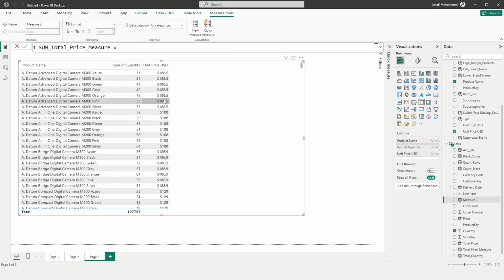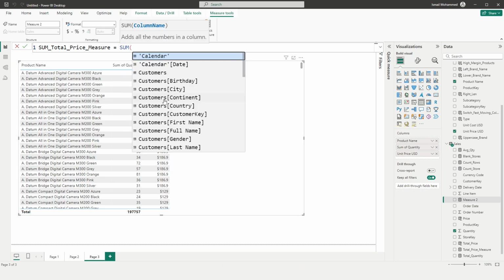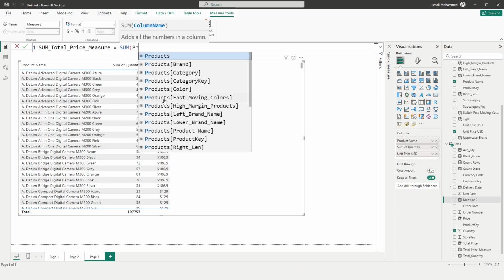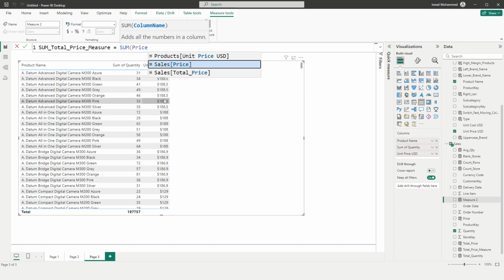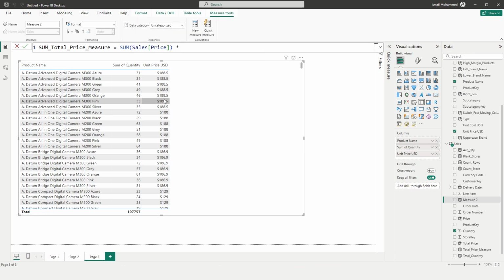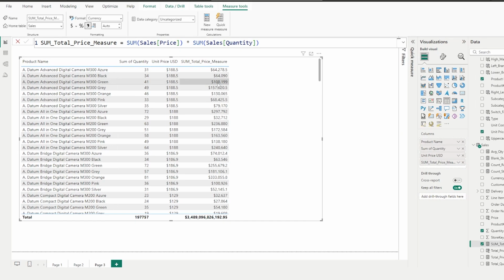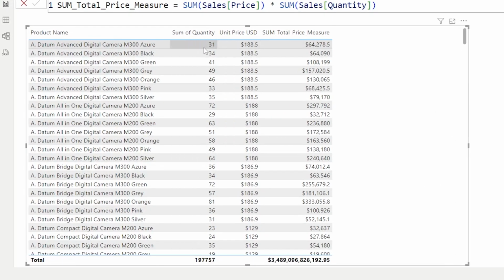Now that you have learned the sum column, you might say that I can do a sum of my total price and I can do sum of my quantity. So let us see if that works. I have my sales price here, sum of sales price. Multiply that with sum of quantity. I can close the bracket, click on confirm. And when I bring this into our table, you will see that it is now multiplying the sum of quantity